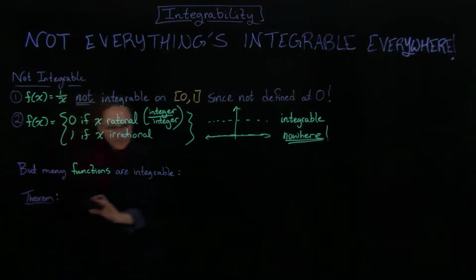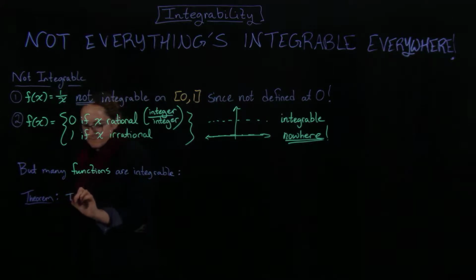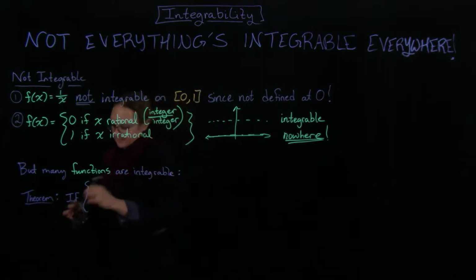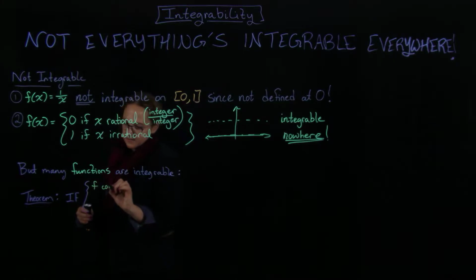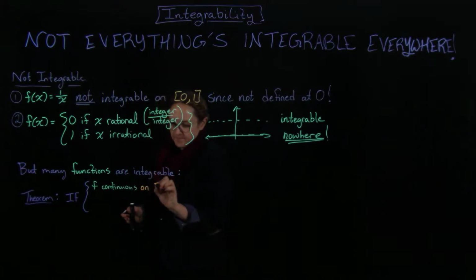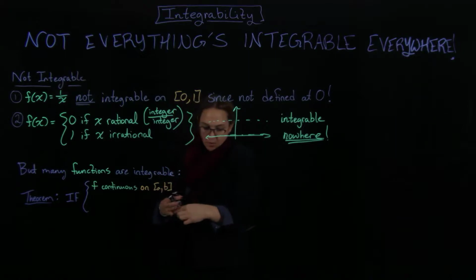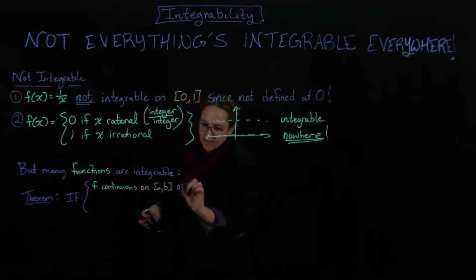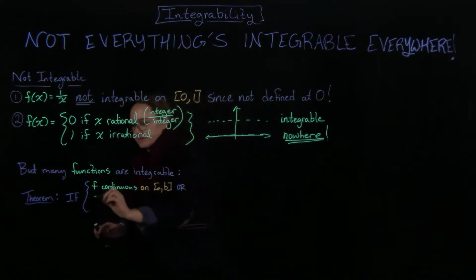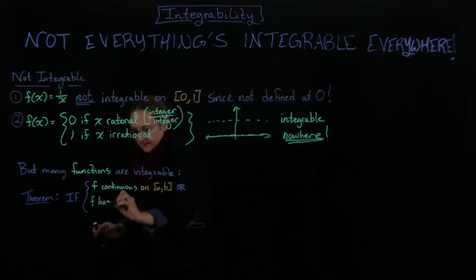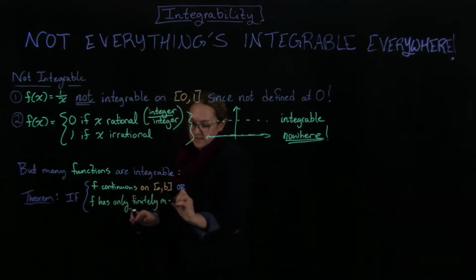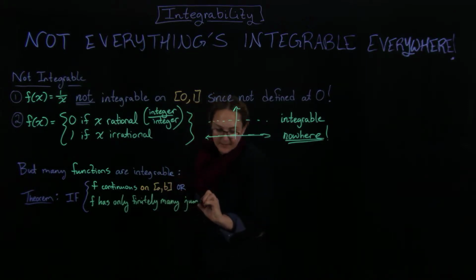So what does this tell me? It says that if f is continuous on the interval a, b, or, we're allowed to have just a finite number of bad points, if f has only finitely many jump discontinuities,